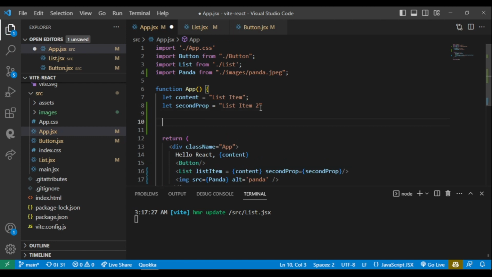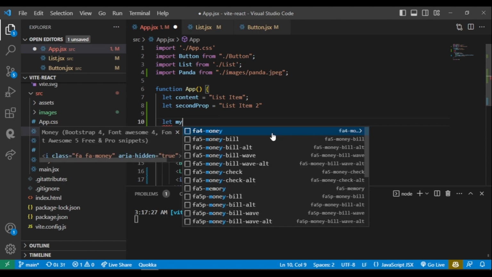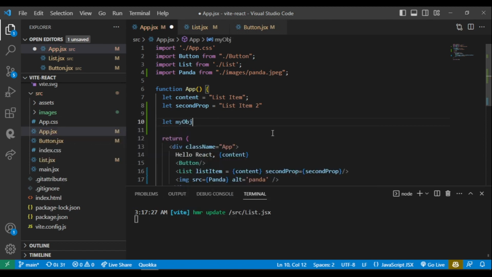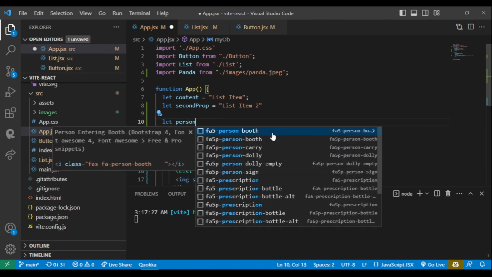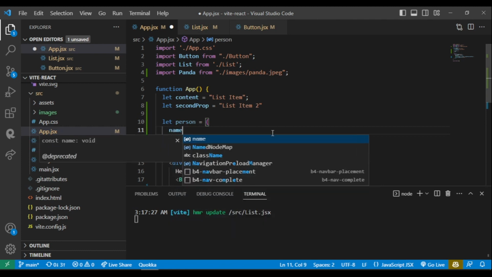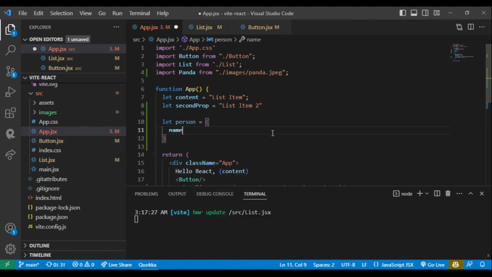But the thing is, when we are passing the props, we should use destructuring. And what is destructuring? Destructuring helps you extract only certain items or certain properties. For example, we passed in 3 properties and we want to extract only one out of that. We can do that with the help of destructuring. So for example, I'm making an object,